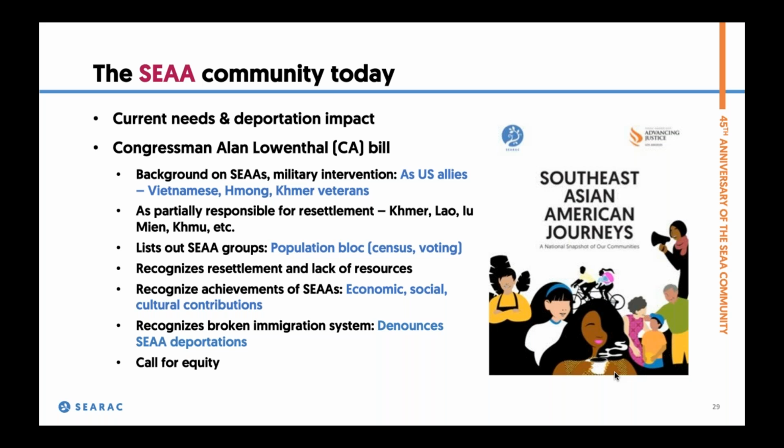So with this bill, we're hoping to be able to have Congressman Alan Lowenthal in California sponsor it to recognize our resettlement contributions, as well as the areas in which we do still need support. And that includes education, health, housing, language accessibility, and